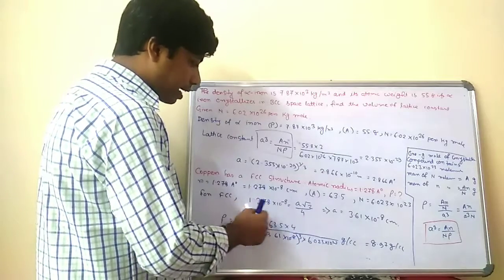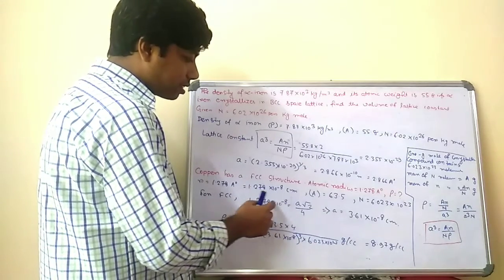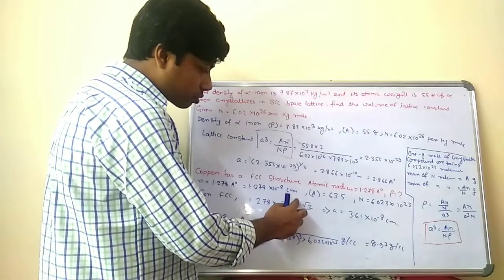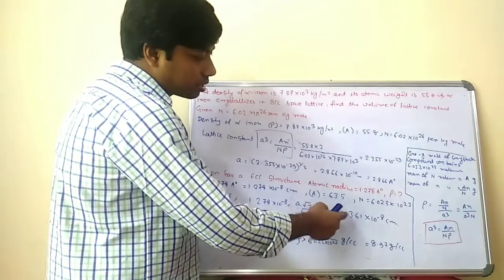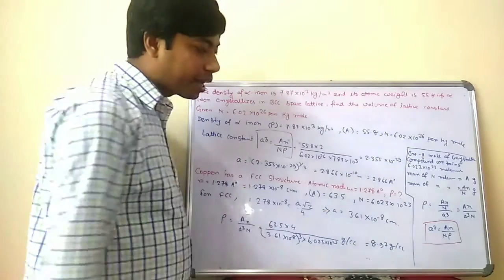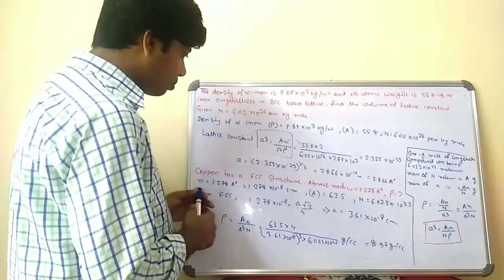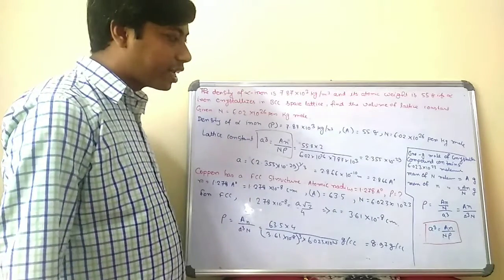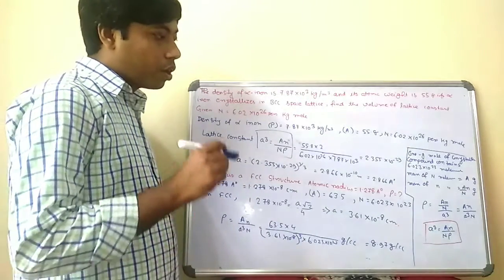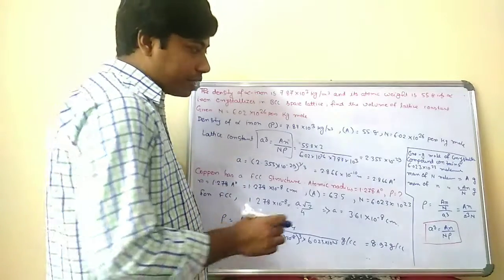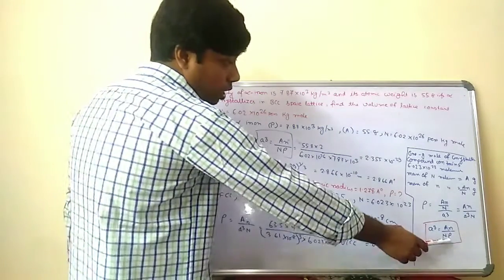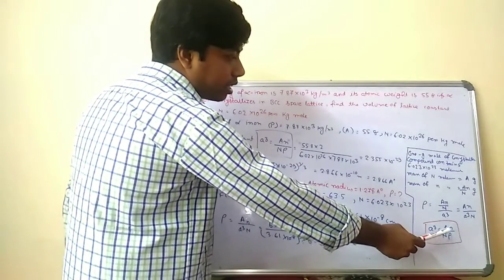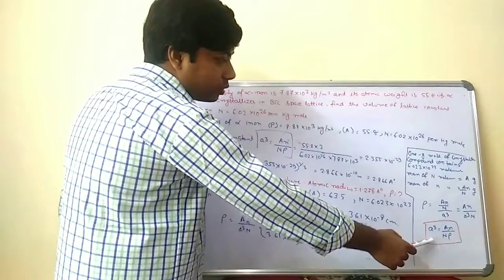So the value of R, that is 1.278 into 10 to the power minus 8, is given, and a by root 2, where a is your lattice constant. In this way you can get the lattice constant, that is 3.61 into 10 to the power minus 8 centimeter. Now you know the expression, that is a³ is equal to capital A into small n divided by capital N into rho, where capital A is your atomic weight. Now in this expression you calculate the rho term, that is your density. Density is equal to capital A into small n divided by a³ into capital N.